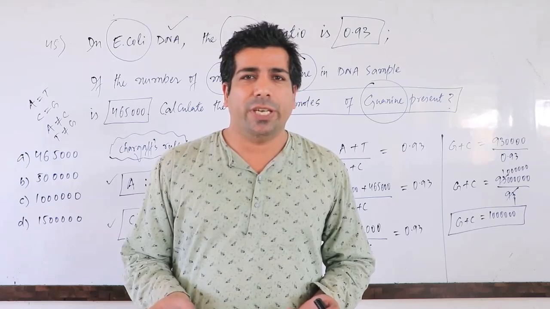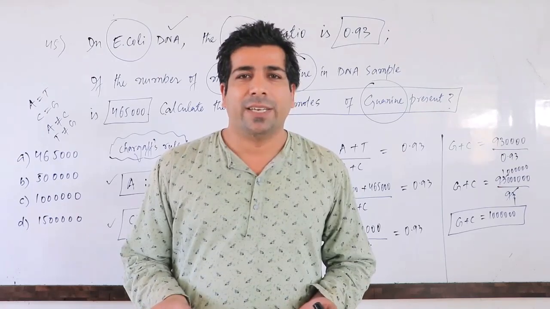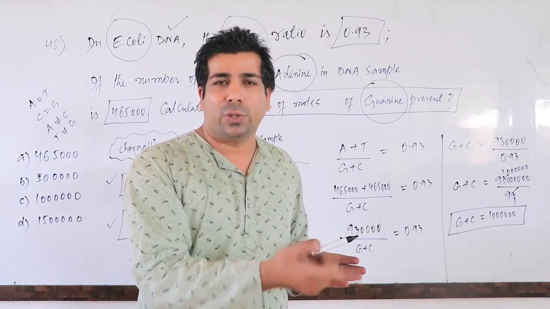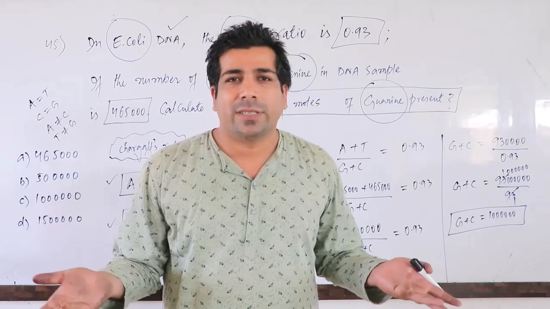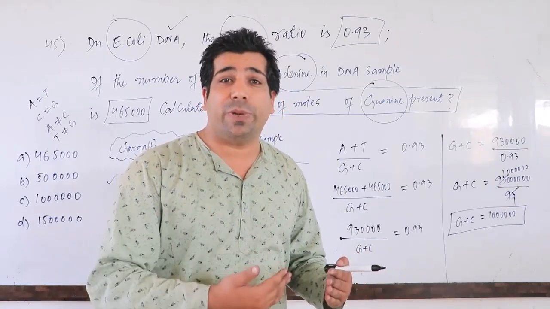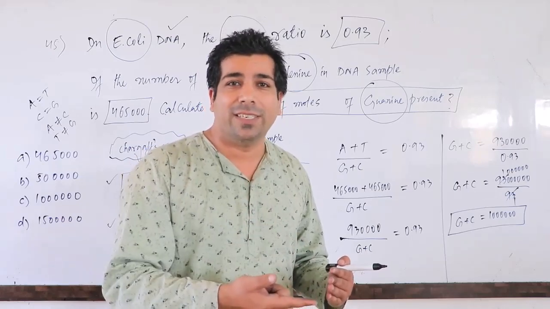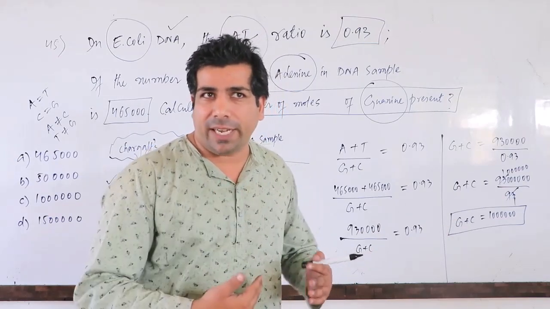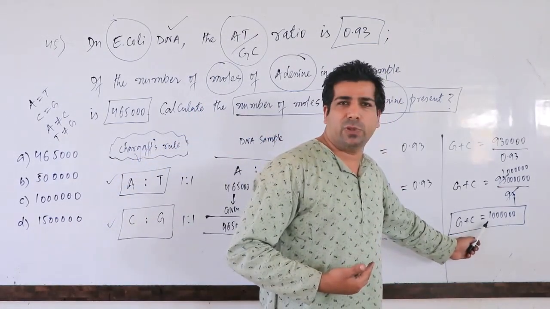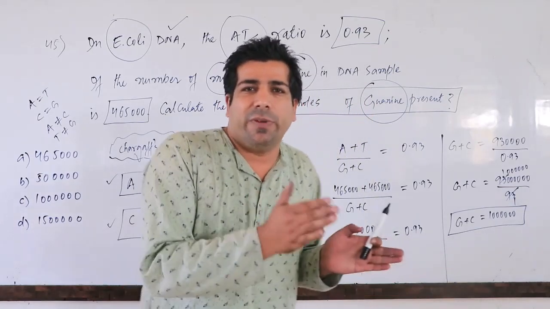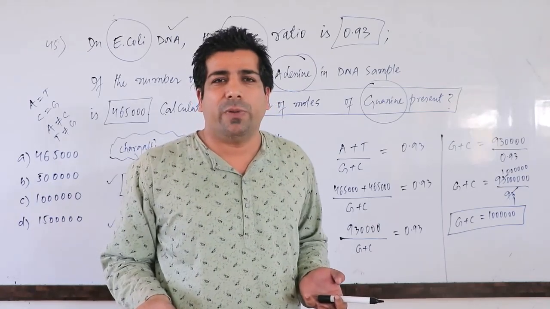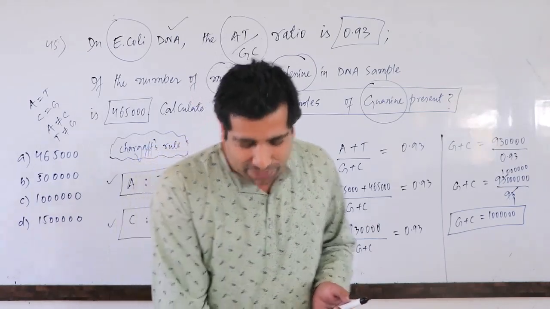Then how much will be G? G will be just 5 lakh. Because if G is 5 lakh and C is 5 lakh, correct? So together they will be how much? 10 lakh. Why am I saying G should be 5 lakh and C should also be 5 lakh? Because the ratio between G and C should be 1:1. They are 10 lakh, so one should be 5 lakh and the other should also be 5 lakh. Let us suppose this value is only 10. Then G will be 5 and C will also be 5. So 5 plus 5 is 10 and the ratio will be what? 1:1. I hope you are understanding, my dear friends.